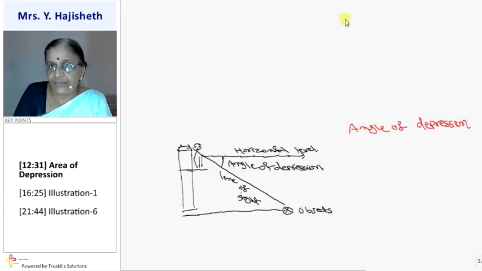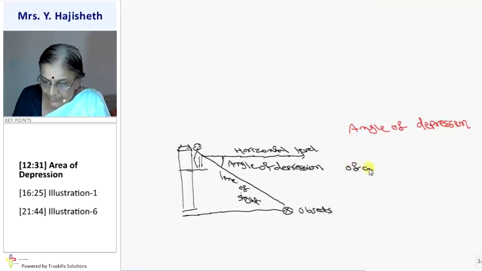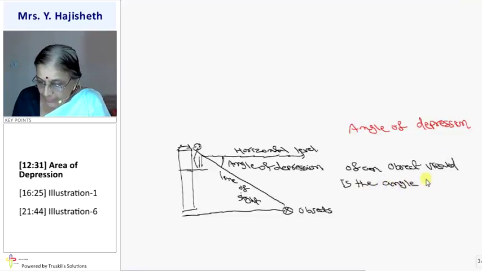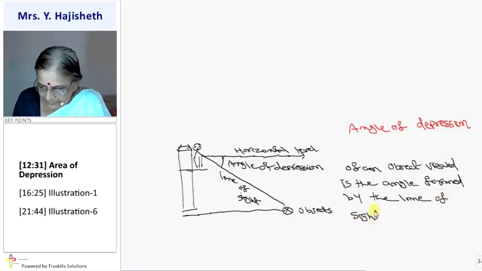Angle of depression of an object viewed is the angle formed, वही language, formed by the line of sight with the horizontal